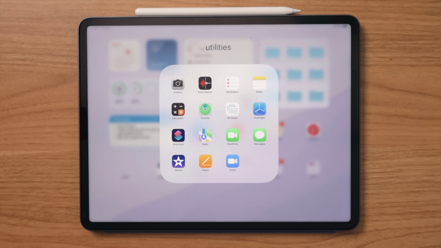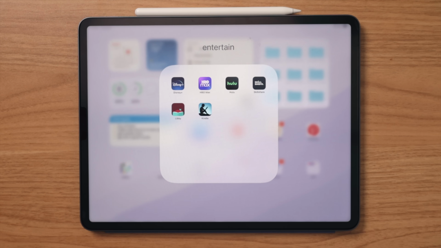Stuff I don't use as often, I actually just hid from the home screen. Under my Entertain folder, we obviously got the big streaming apps and e-reading apps, but what I use most is